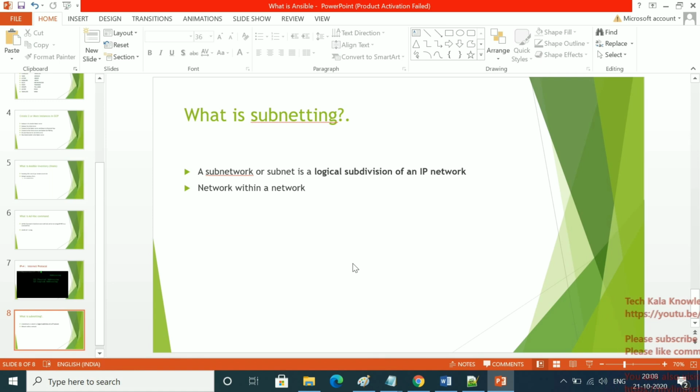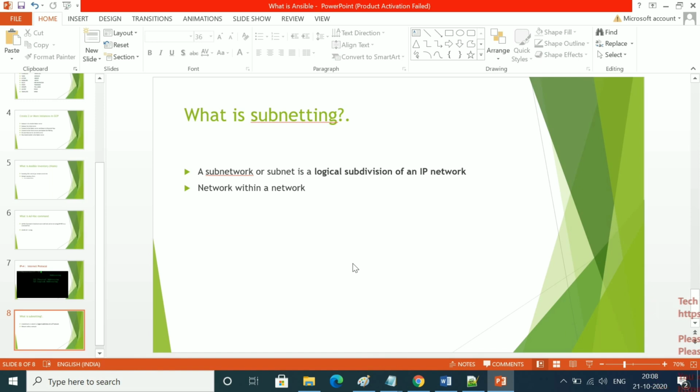So you can see I have mentioned here what subnetting is. A subnetwork or subnet is a logical subdivision of an IP network, a network within a network. Let me clear one thing here.